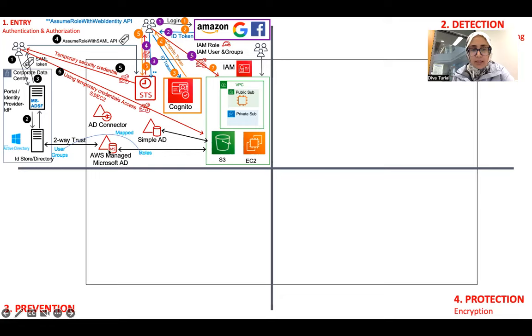I might do a separate video just on directory services, and there I will explain in more detail how the user groups and roles are mapped to each other when they access the AWS services. But for now, it's just a basic introduction or description in relation to all those other services in the security section.